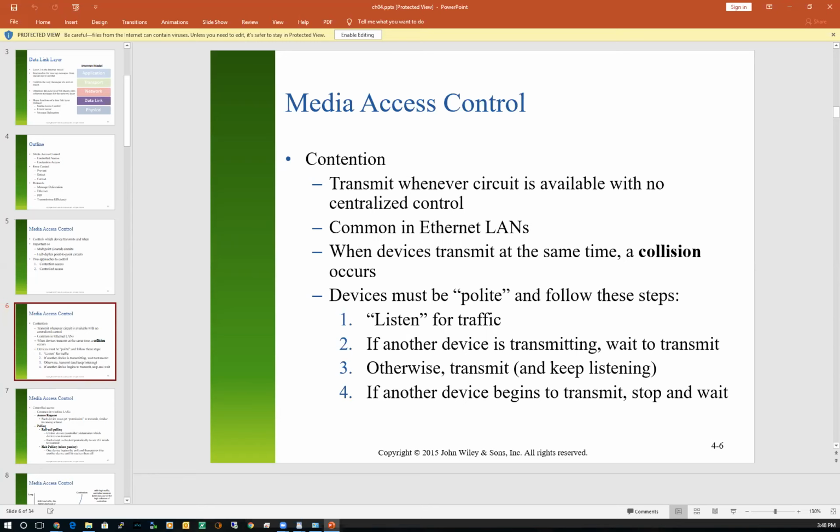And then it's going to listen and see whether the bits were received by the next physical device I'm attached to. If they weren't, I'm going to assume that there was a collision or something happened. Oops, I guess I must have talked over somebody. Let me wait a random amount of time, and we're talking about microseconds here, picoseconds, and re-blurt out my frame of information, or retransmit it, all those ones and zeros. If I get a response back from the next physical device I'm connected to, saying, yep, I got those 23 ones and zeros, everything's good, then you blurt out your next message. That's how contention-based works.